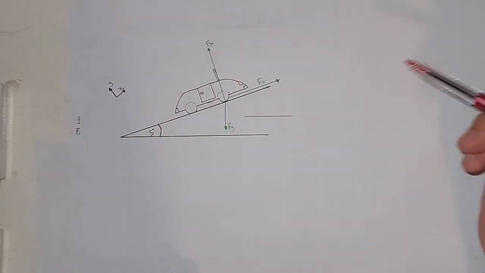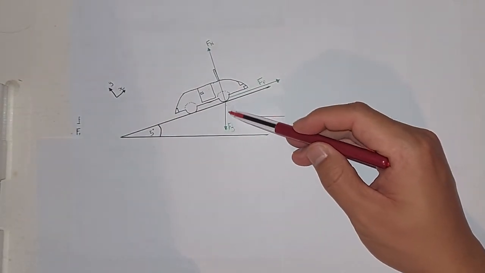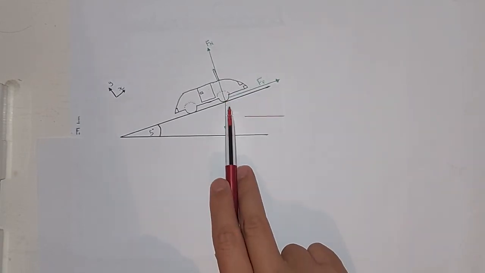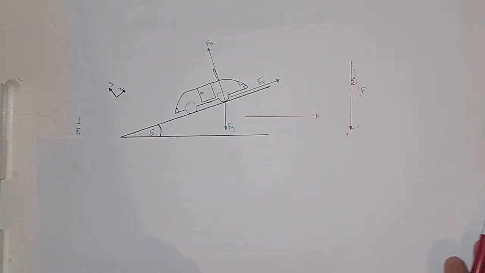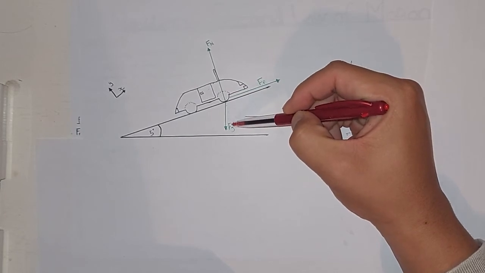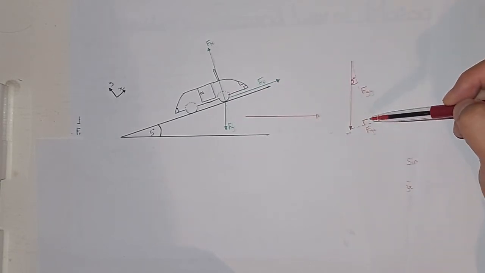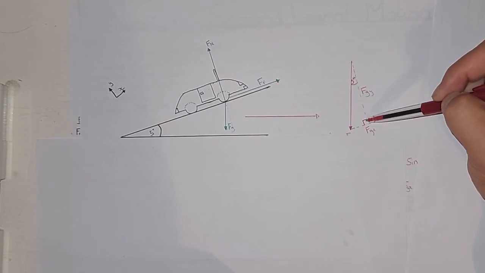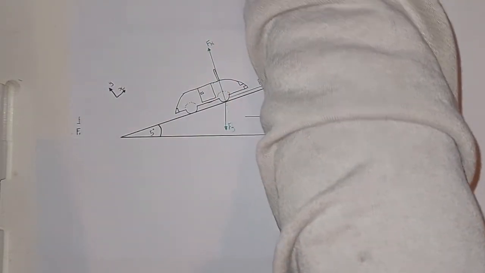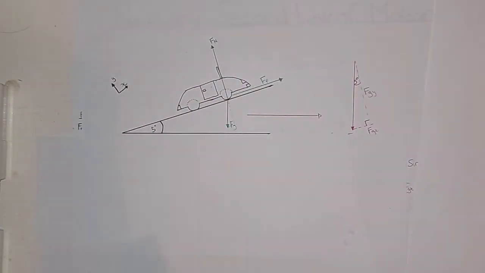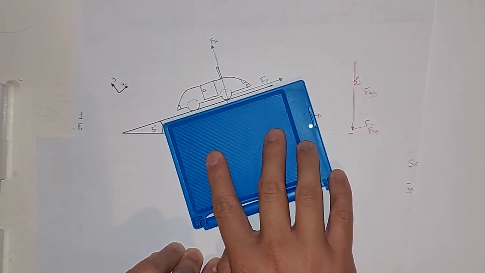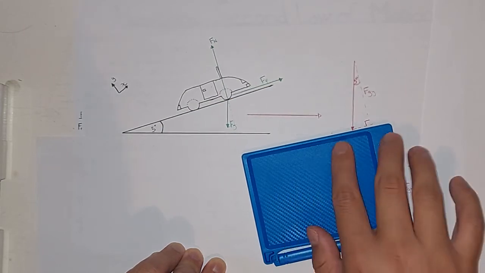But now that we are looking at an incline, we need to look at things perpendicular as well as parallel to the surface over here. So you can see, because I have a 5 degrees incline, I take this part over here, my contact. You can see I've drawn a little dotted line, but I do the same thing over here. I have dotted lines going down and to the right. If I take this here, you can see there's my angle. And if I apply my angle, it is the same as that over there, which is my